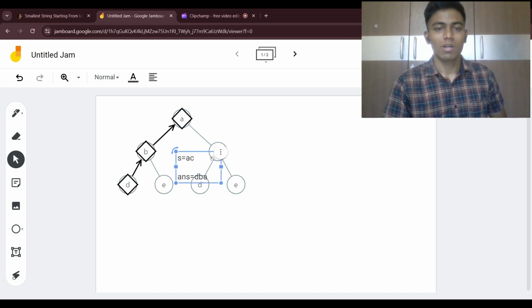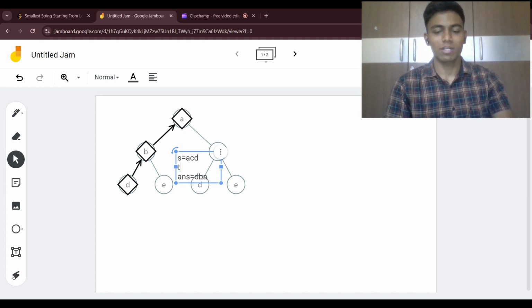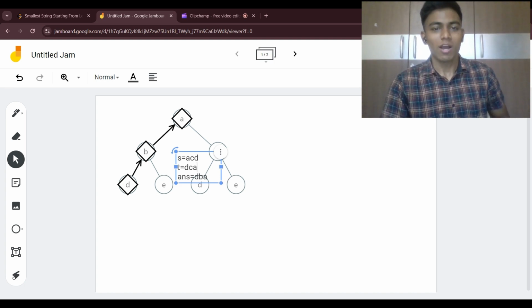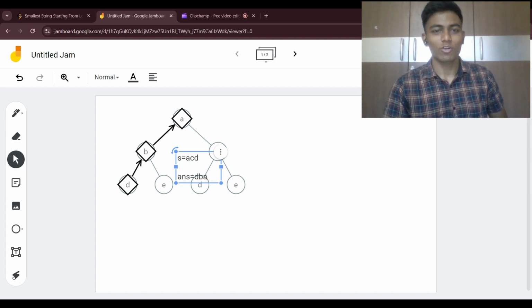And then now I am going to add D, and then again we are going to take the temp equal to ACD, and then we are going to reverse it, which is going to be DCA, and then we are going to compare with this. So DBA is less than DCA, so we are not going to take this term, and then we are going to pop D, and then again we are going to go back to the previous recursive